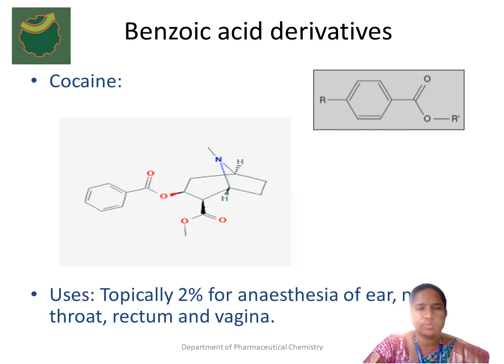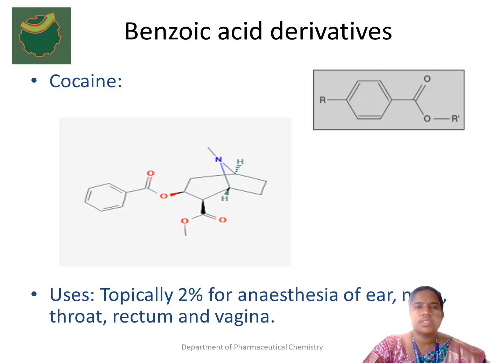So coming to the structure of cocaine. See here, having the benzene, which is attached to two carboxylic groups. Then it is attached to, see here you have 1, 2, 3, 4, 5, 6, 7. So it's a 7-member ring, right? So you can draw this in a sugar moiety type ring, right? Which is attached to nitrogen here. Both the rings here are attached to the nitrogen. Again, here you have one more carboxylic group, right?